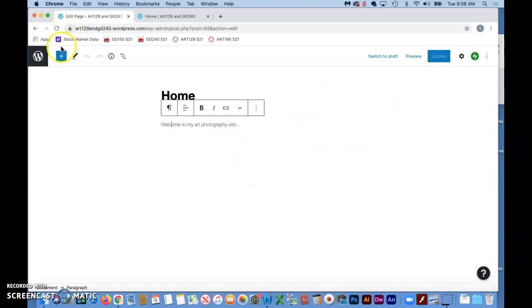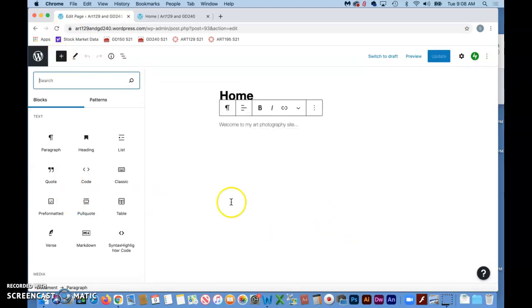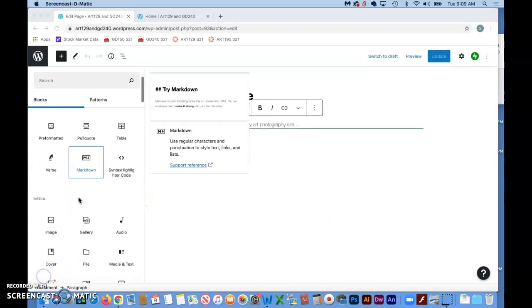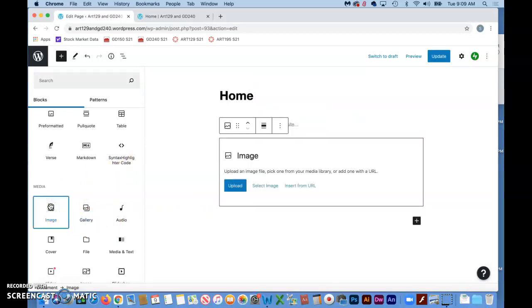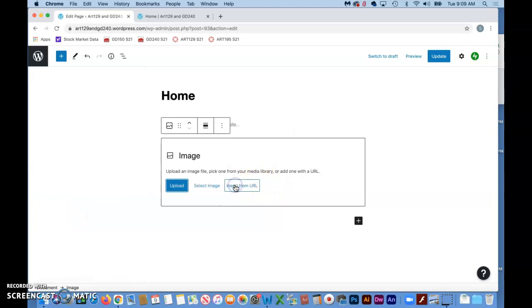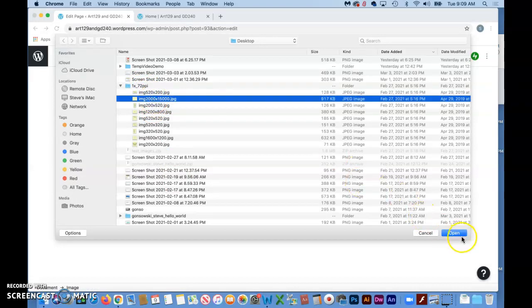So I'll maybe go after here, put in a block, and then I'm just going to simply insert a photo by scrolling down to Media here, and then, whoops, where did you go? Image. Okay. There we go. And so upload or select. If you already have a library built, you'd go to select, but since I'm still kind of building this, I'm going to go to upload and go to my file system, and these are the images that I have made available to you. So on this page, we'll put the large one,